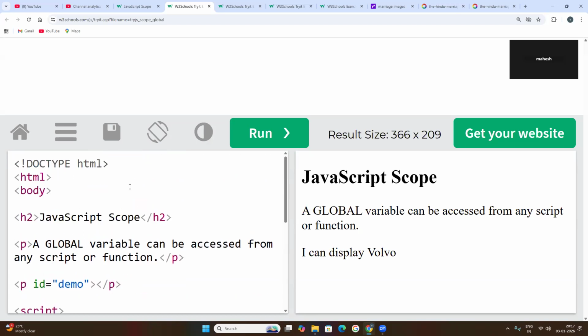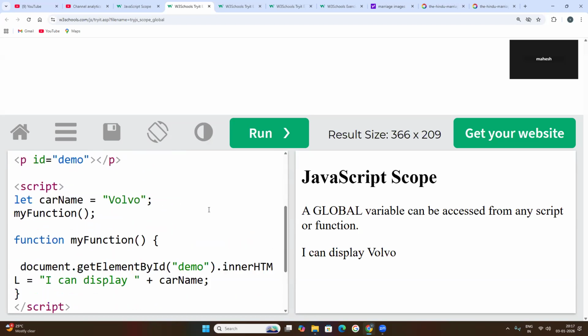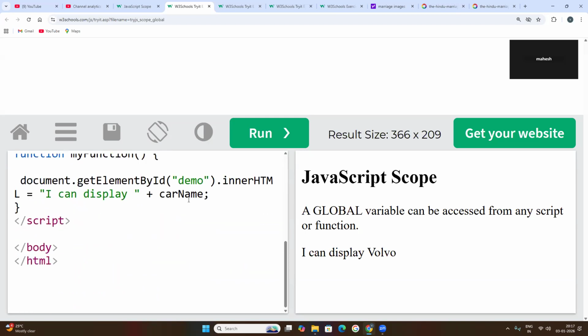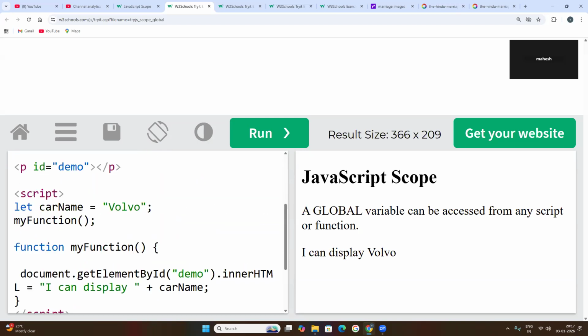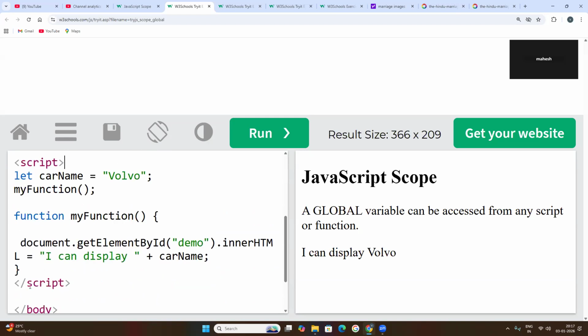So let us see. First of all, I told you that JavaScript code is written inside the script tag. That is very important. The code is written between the script start tag and the script end tag. One start tag and one close tag together are called an element.